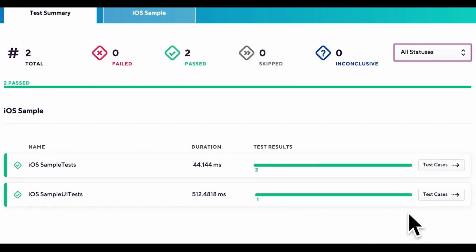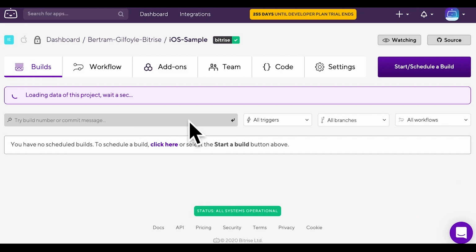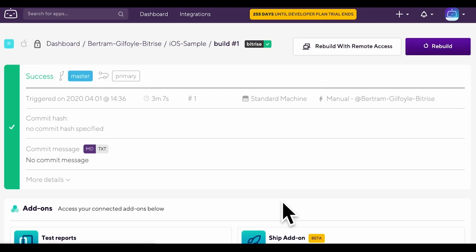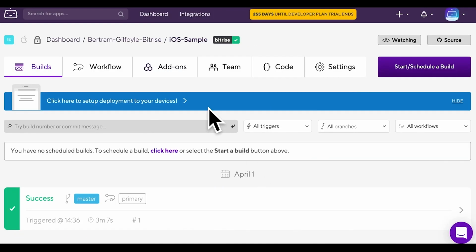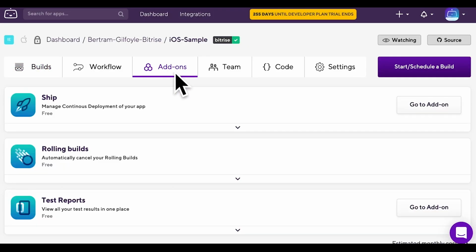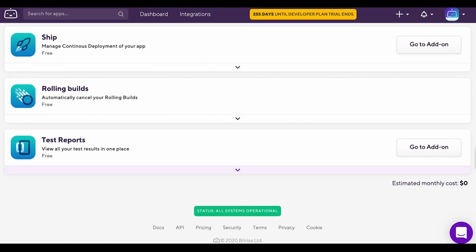You can run both UI tests and unit tests on Bitrise and view the results on the same page with Test Reports. First, let me show you how you can access Test Reports. There are two ways to get there, either through one of your builds on the Builds page or on the Add-ons tab. If you click on the Test Reports add-on or the Go to Add-on button, a new page comes up with